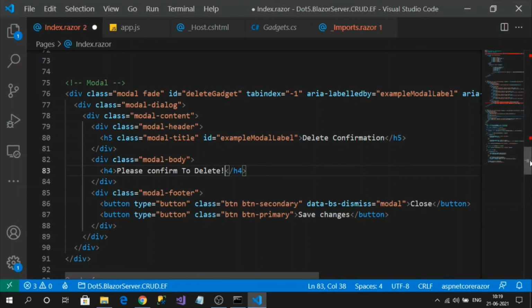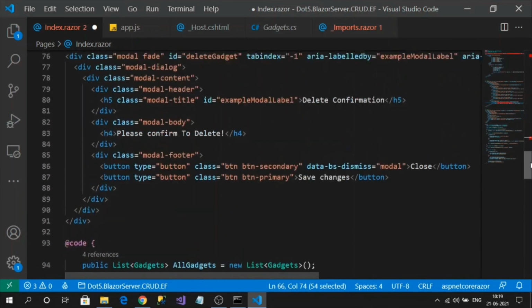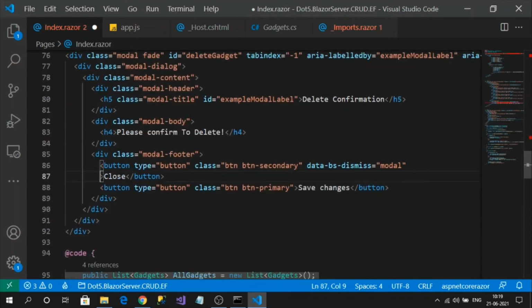Okay, so for the close button also I can use the previous close button I have mentioned, right? We can use it like a common method. So paste it over here. The only change is the ID, which must be changed. So I'm changing the ID.